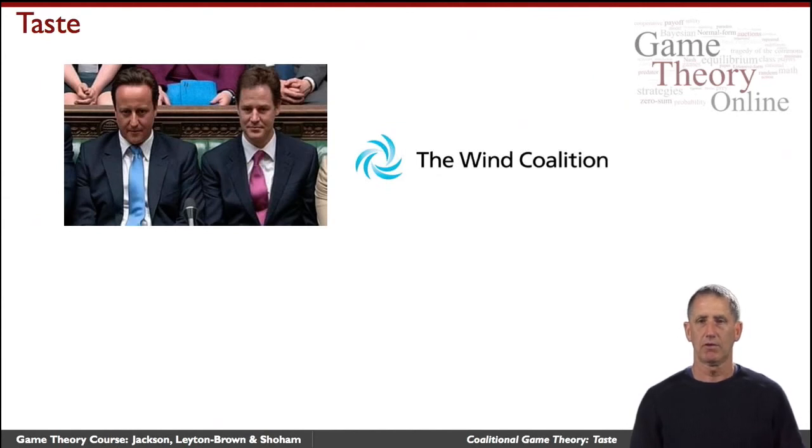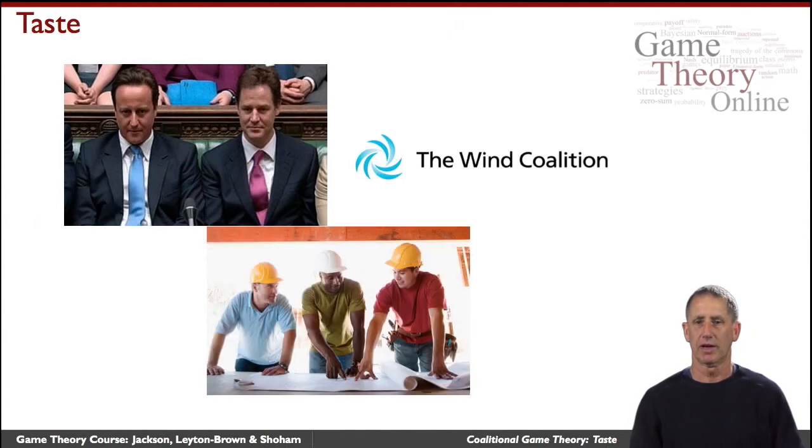Now, coalitions aren't always among organizations or parties or firms or heavyweight things. We as individuals routinely come together to accomplish things together, whether it's to enter into marriage or, for example, build a house. When you have a carpenter, an electrician, and a painter that come together, they together can accomplish something that they can't on their own.